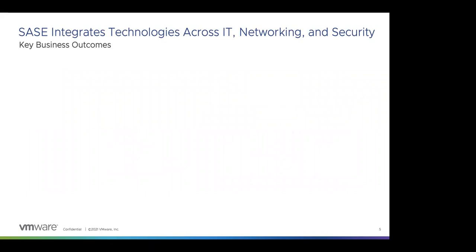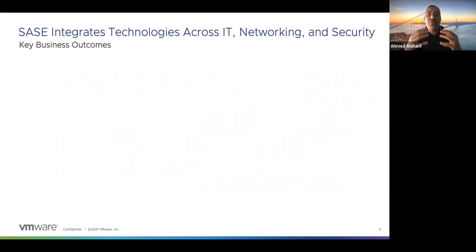Okay. So the key things that you need to, again, I should have mentioned this in the beginning. SASE, most of the time, is an executive discussion. It's not for engineering. It's not for an IT manager, because they don't see these values. The one who's highly concerned about transforming the business is the CIO, the CEO, the CTO. The people are really looking into changing the business that they are working on, not the engineering level.